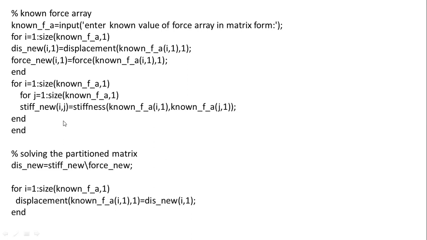After formation of all new matrix, just to solve this matrix, means new displacement equal to stiffness new upon force new. Okay, because we need displacement at node 2. Okay. In last, this some additional displacement, known displacement equal to new displacement. Okay. In this step, we will directly get the answer D2 equal to 0.28. Okay. This is not applicable to only 3 nodes. You can put n number of elements and number of nodes, no problem.